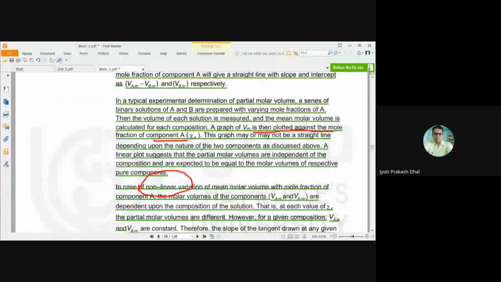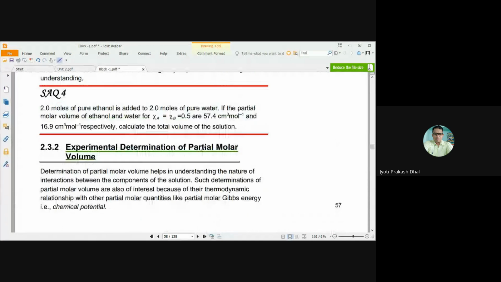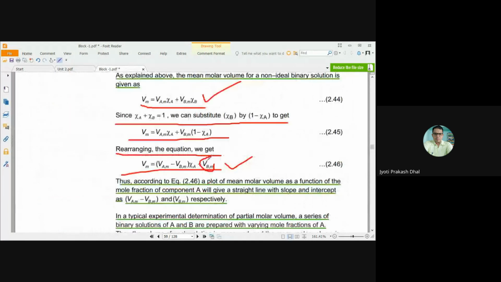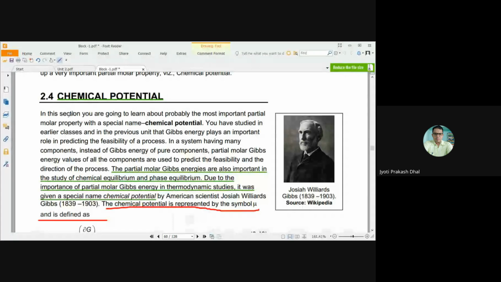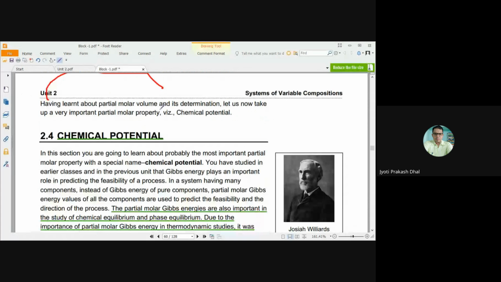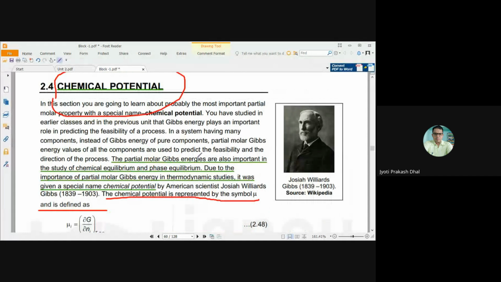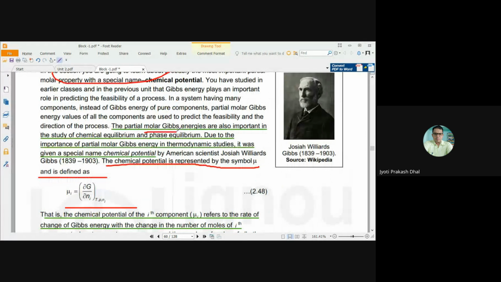So in the first part we have discussed partial molar volume. First we discussed partial molar volume, and after that we will discuss chemical potential, because we know that chemical potential is nothing but the partial molar Gibbs energy. The partial molar Gibbs energy is renamed as chemical potential. The partial molar Gibbs energy is also important to study chemical equilibrium and phase equilibrium. Due to the importance of partial molar Gibbs energy in thermodynamic studies, it was given a special name, that is